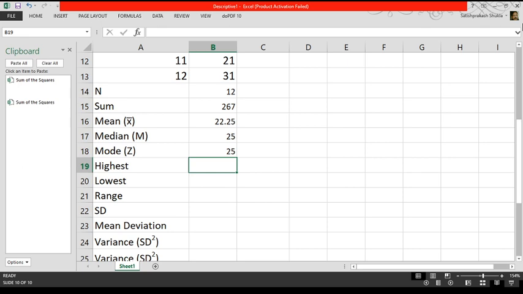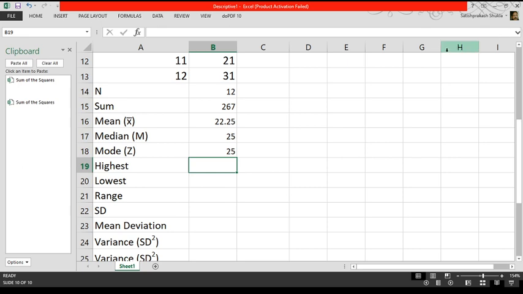In such a case, we have to use the statistical formula of mode to find its value. For that, the statistical formula is to be converted into an Excel formula. How it can be done, that we will see in the next video.